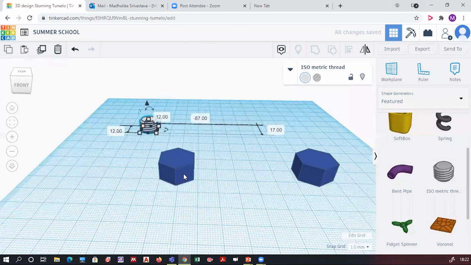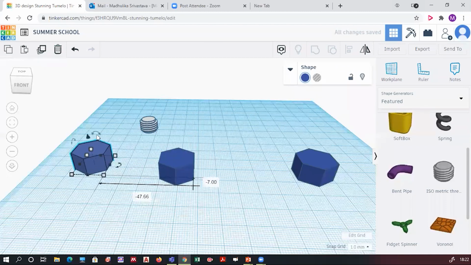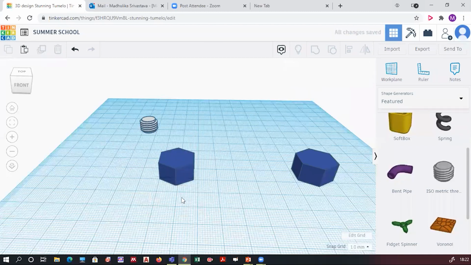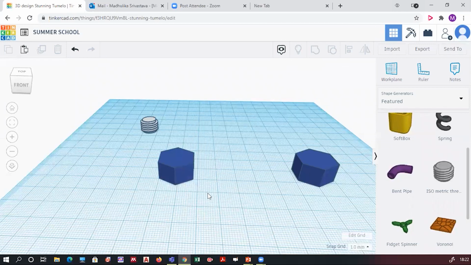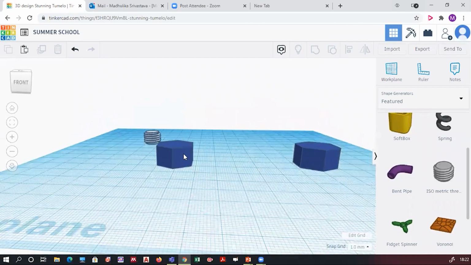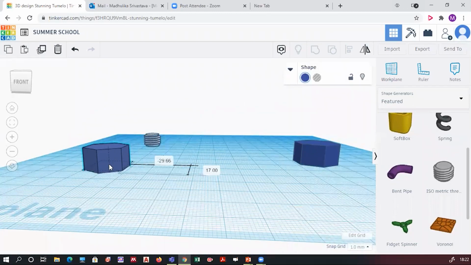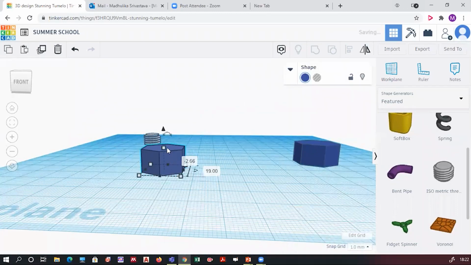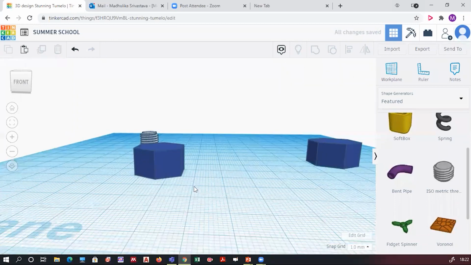One thing more, if you click any object in the middle, you can drag it. But by mistake, if you click on the top, you will change the size. So in order to drag, please remember, you have to click somewhere in the middle of the object. Avoid touching these points, otherwise the size will change.